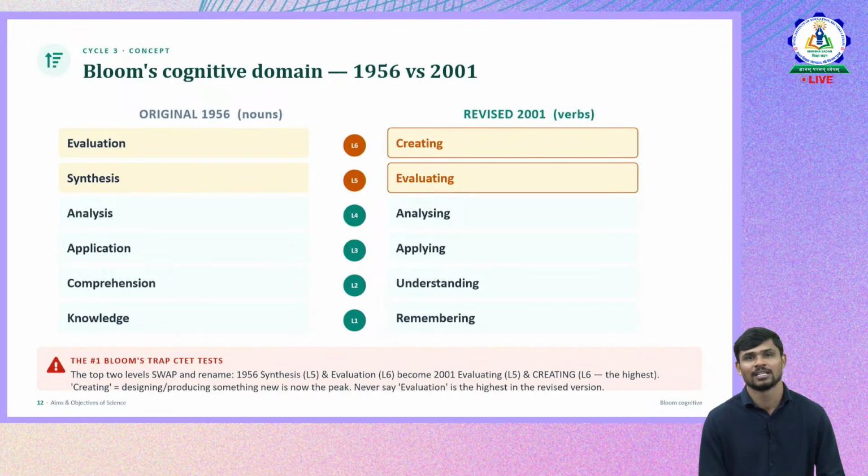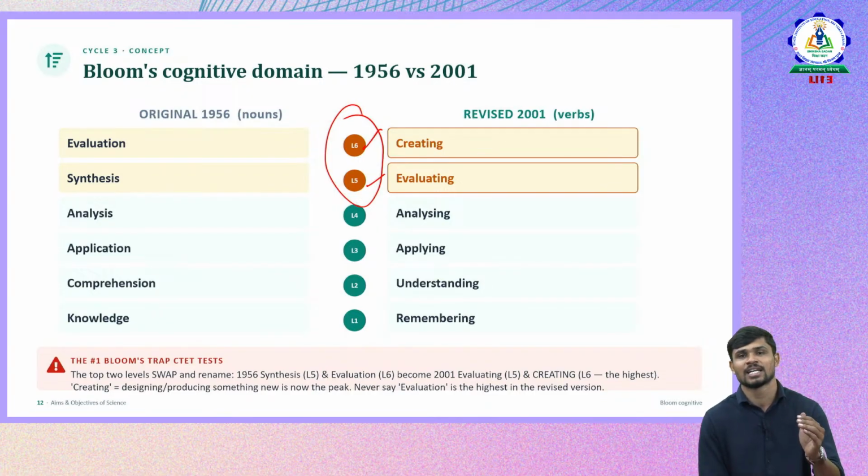Whereas if you see the left side, the previous one, there is a difference. If you see the top two levels, there is a change in the top two levels. That is L5, and in L5 and L6 there is a change. What is the change? There was a synthesis at level 5 in the older version,